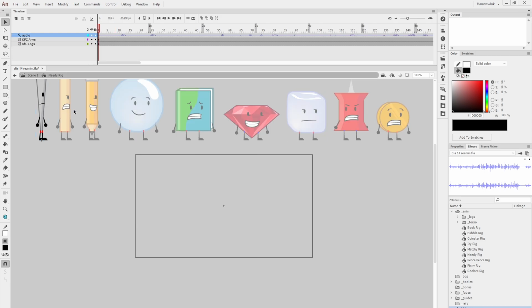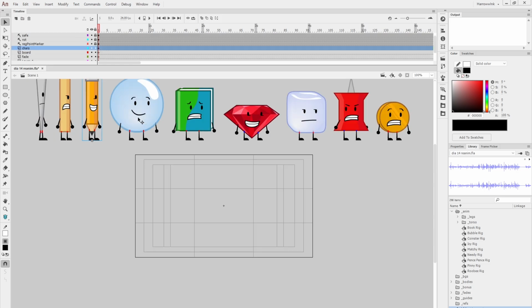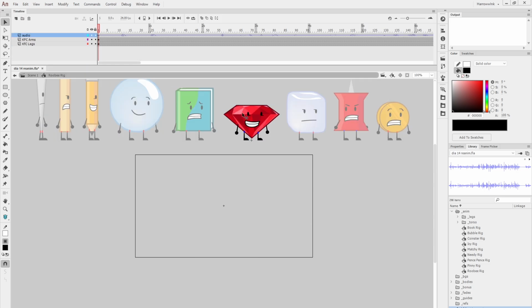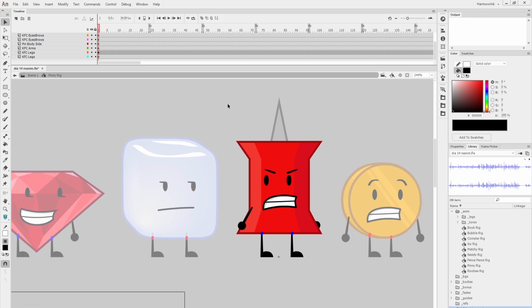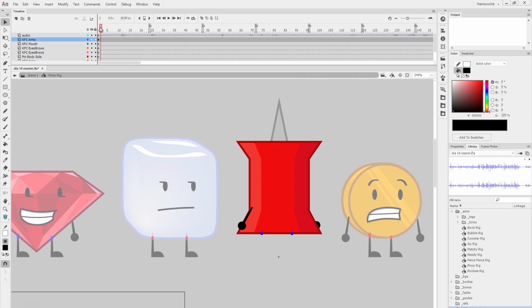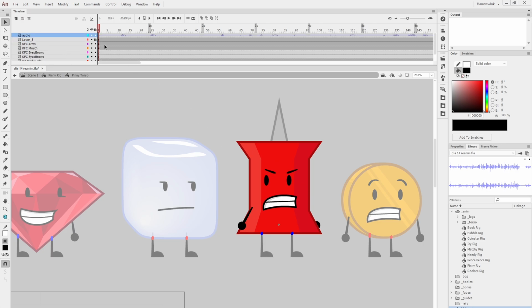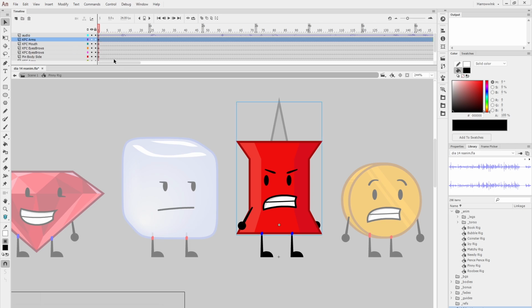For all the character rigs, I've already done this tedious work. But now I'm going to show you something less tedious. So on Pin, as you can see, the job is quite a bit incomplete, because the face and the legs don't line up and there are empty layers everywhere. Less here, but more here. So let me just demonstrate